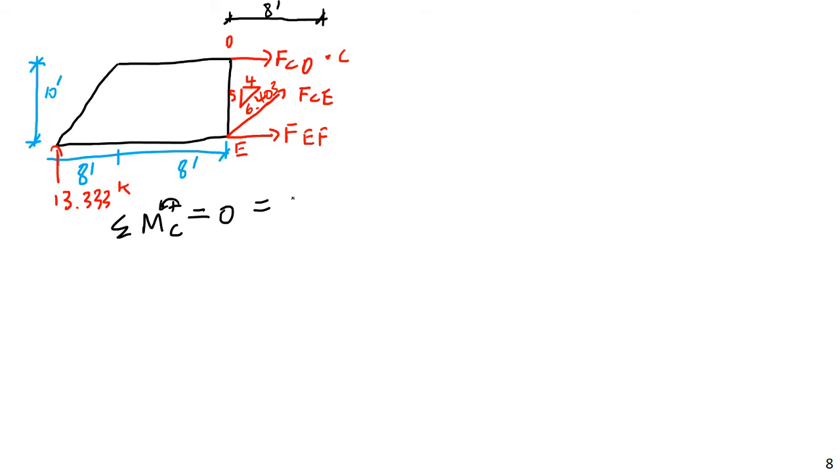So I'll have 13.33 kips, and this is going to be a negative moment, times a moment arm length of 8 feet times 3 bays. Not 3 feet, but 3 bays. So I have 8, 8, and 8 to joint C, that's the length of the moment arm to the reaction force AY here. And this is of course going to generate a negative moment because it's rotating clockwise about point C. Then plus FEF,